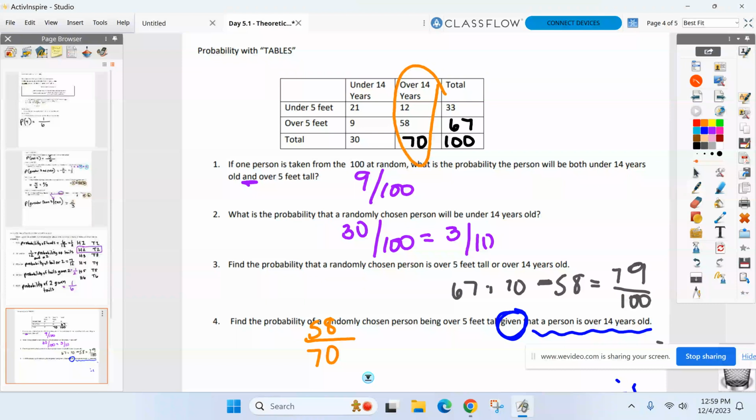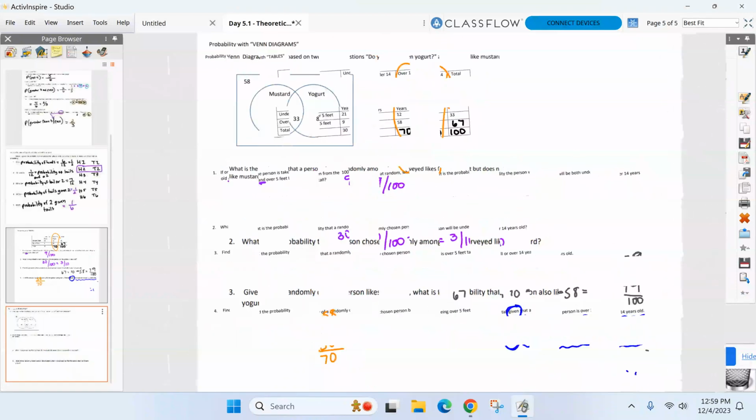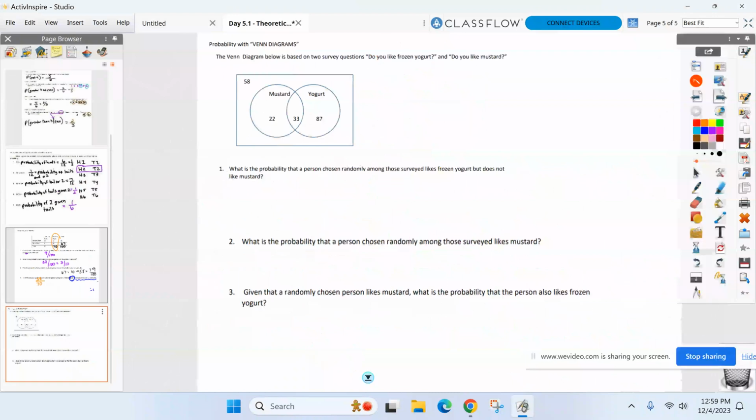Guys, anything I can answer? We got one more type of question. This was through a table. Last thing I just want to do is a Venn diagram. All right, Venn diagram. I just want to make sure we know what the different parts are, because I'm never a fan of a Venn diagram, but